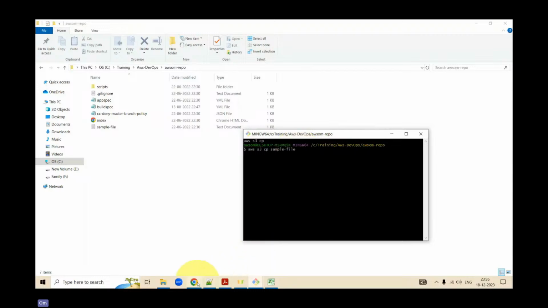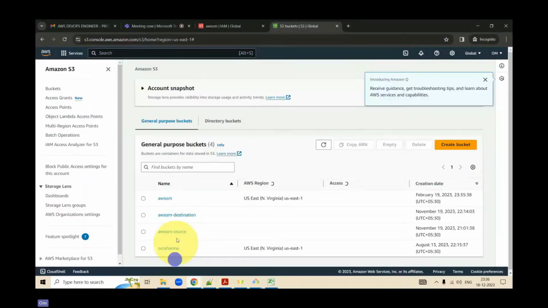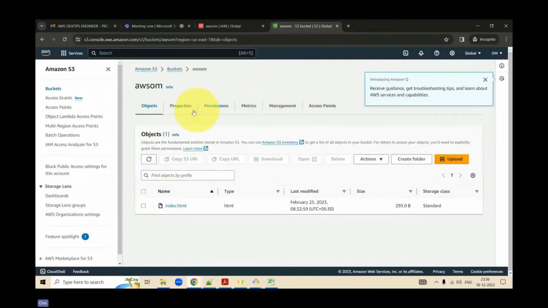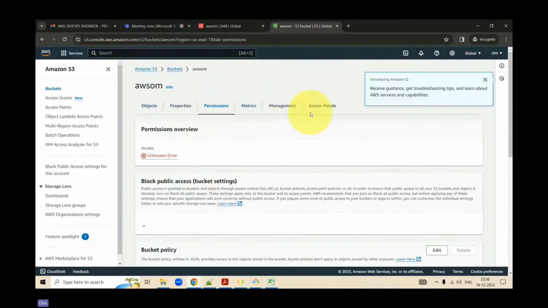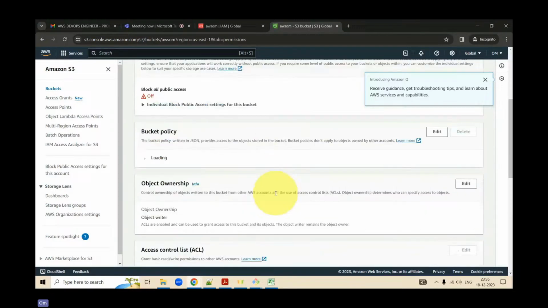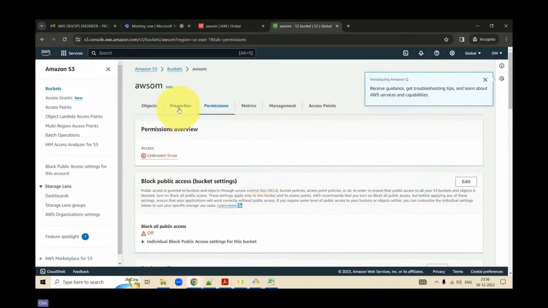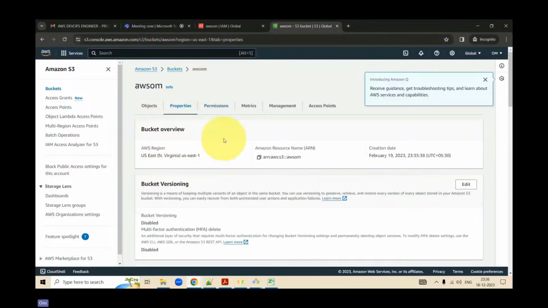and put the location. Now, what is the location? If you want to find the location of a file, let's say I want to move a file into this bucket. Go to this bucket, go to the permissions or simply your management, wherever you would like to go. If you go over here, you would have the path of the S3 bucket. Why is it showing an unknown error? I'm not getting it. This one.